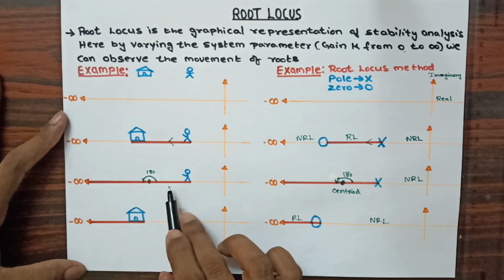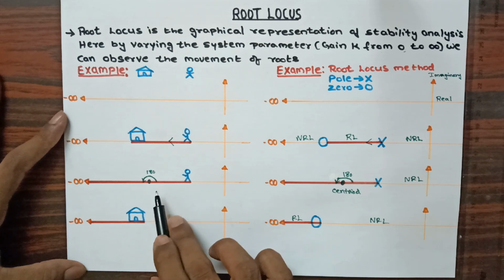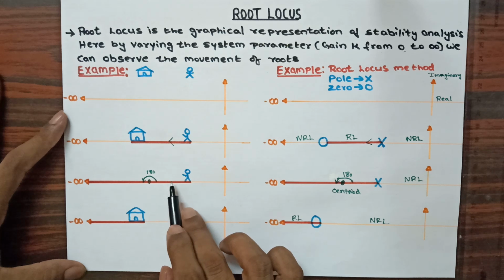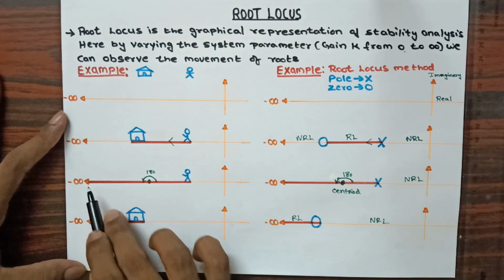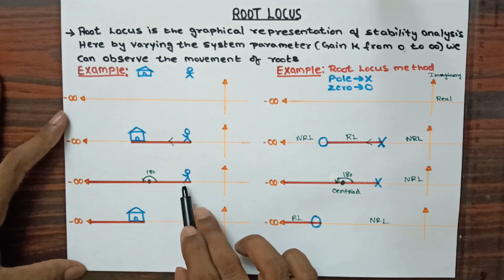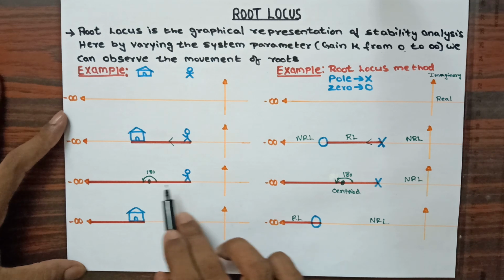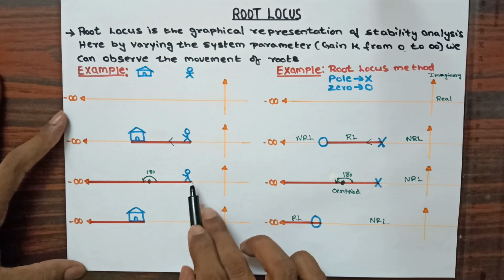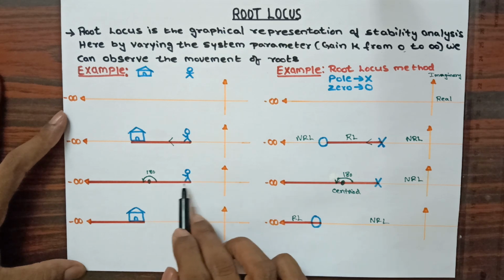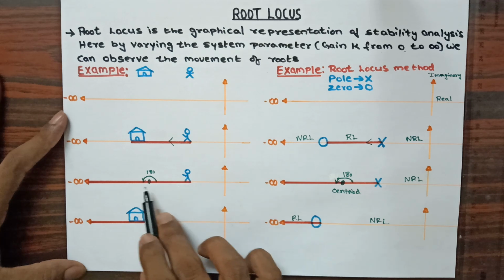But for him the condition is, when he wants to move to the infinite destination, he has to follow a certain angle. I need to provide a certain angle for this person, so that by following that angle he will reach the infinite destination. Now in this example, I will name this person an asymptote, the person who reaches the infinite destination. Now the angle that I am providing for this asymptote to follow, that angle I will be considering as the angle of asymptote.